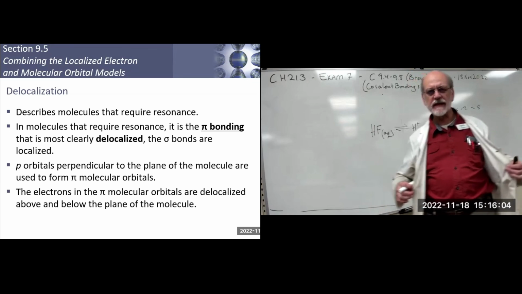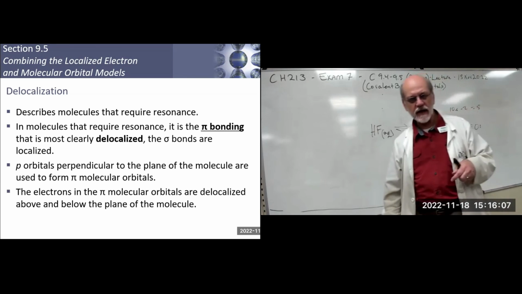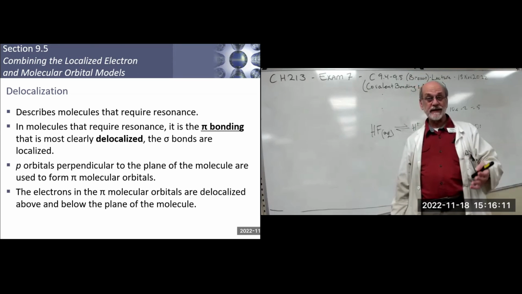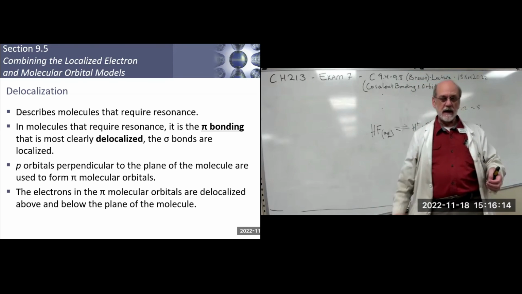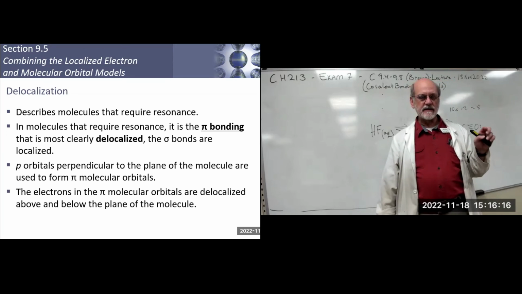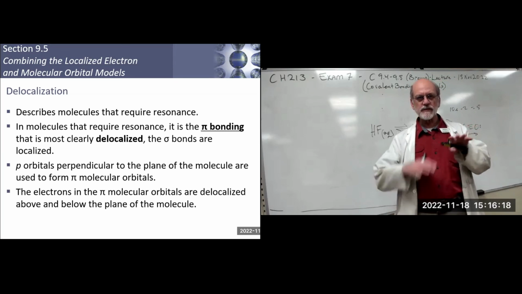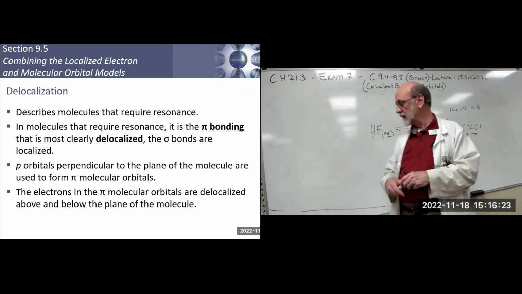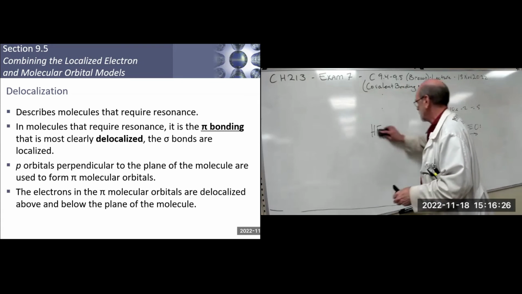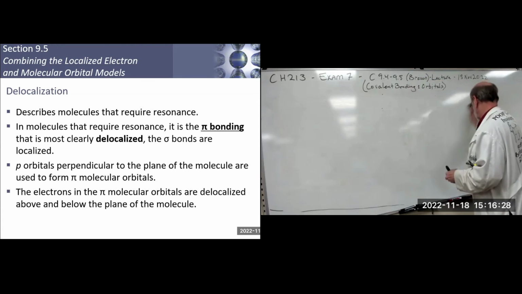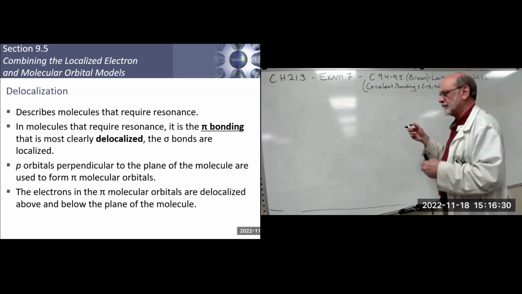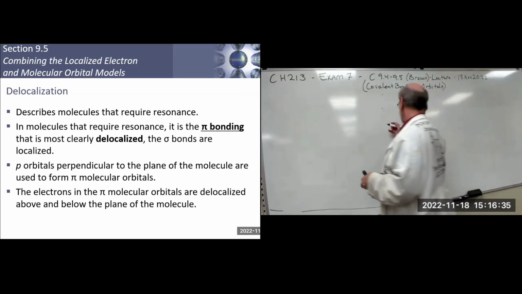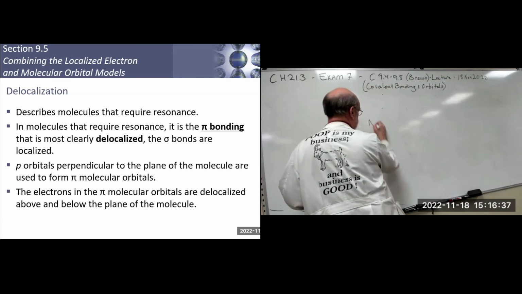Okay, this concept of delocalization. I mentioned earlier that the more delocalization you can introduce into a molecule, the more stable it is. This runs parallel and actually improves upon the concept of resonance. So, for example, remember we had the nitrate polyatomic ion, and we could have drawn it like this,